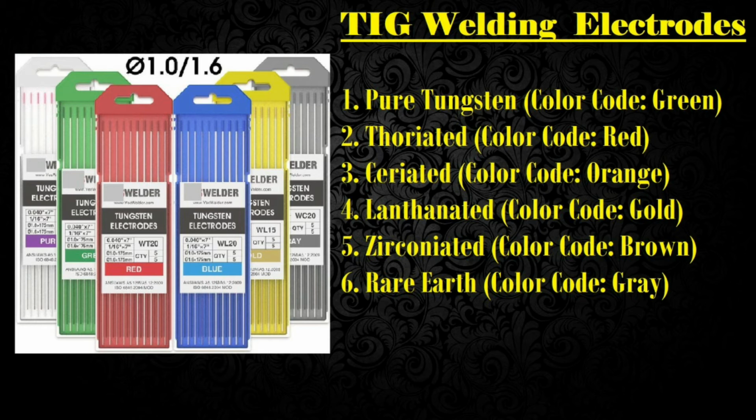The diameter of the electrode generally varies from 0.5 mm to 0.65 mm, and as you can see in the slide, it can be more than 1 mm too. And the length varies between 75 mm to 610 mm or maybe more than 610 mm.